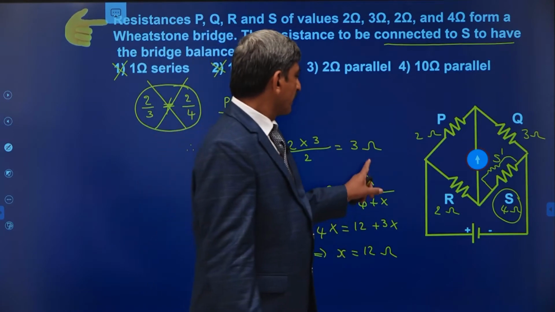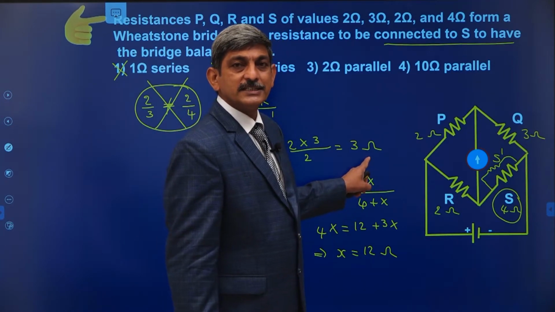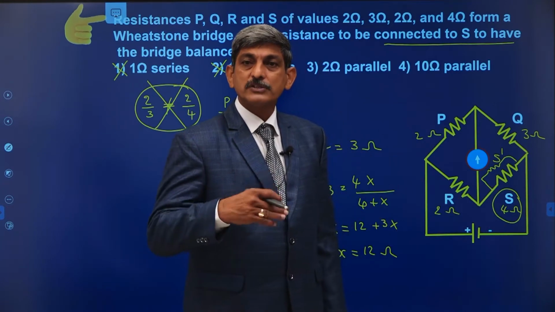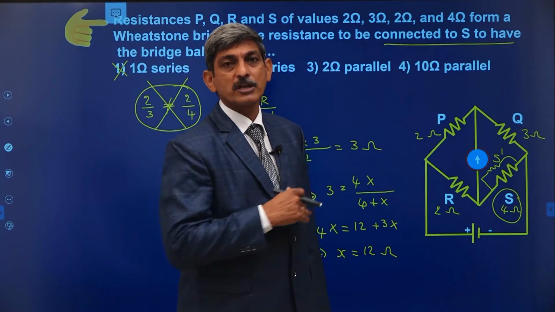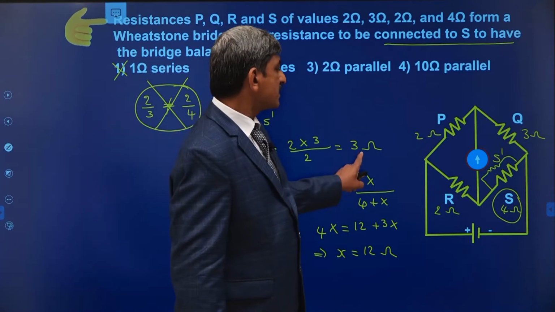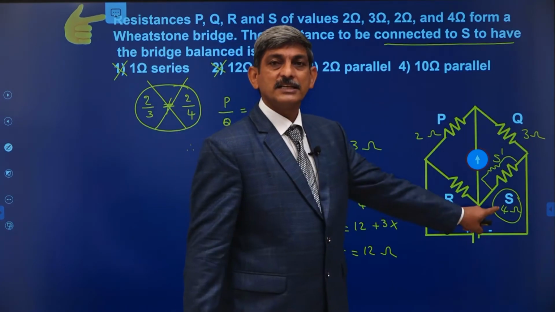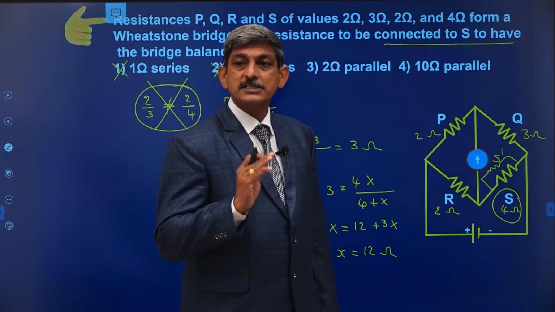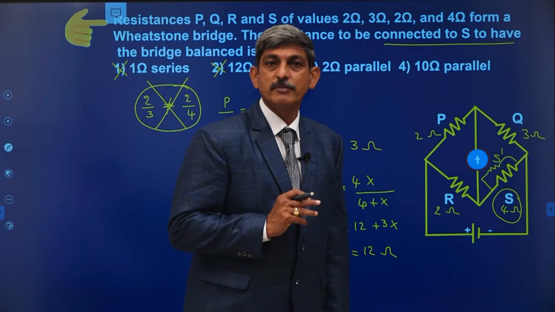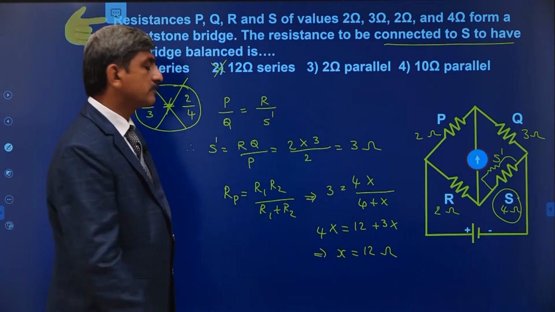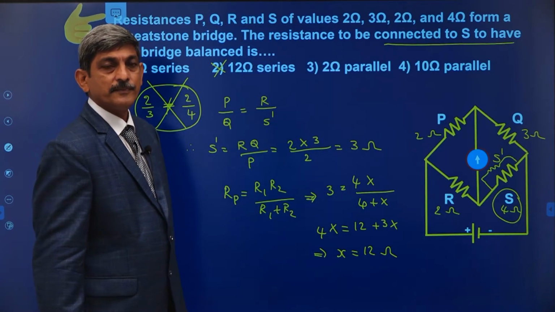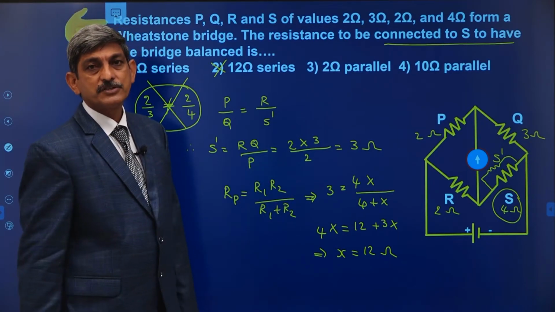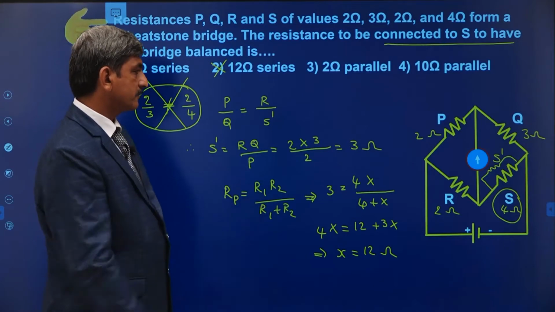If the resistance needed is more than the given resistance value, then we have to connect a series resistance to achieve that value. If the required resistance is less than the given resistance of the bridge, to reduce that resistance value we have to connect a resistance in parallel. That's why keep that point in mind. By that, let us solve the problem of getting the unknown resistance to be connected across the fourth arm of the bridge. Okay?